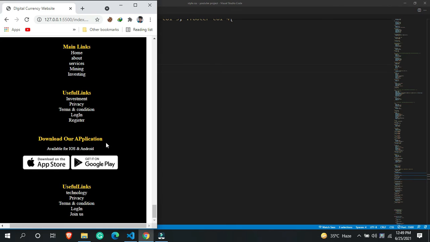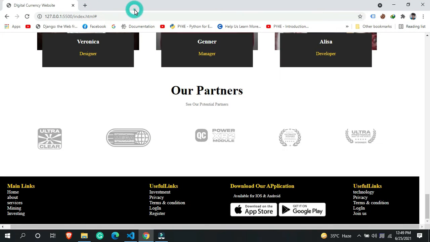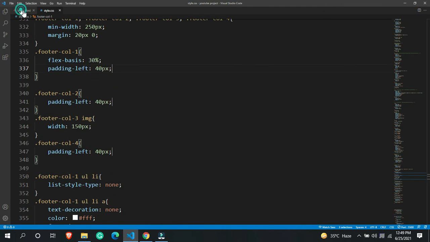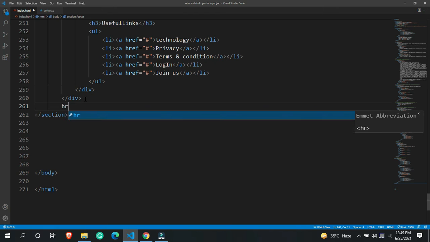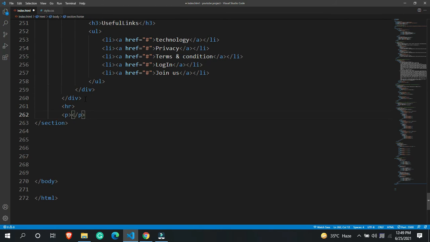Before going anywhere, let's add another thing over here. Basically, I want a horizontal line over here. Inside that div, I wanted to add a horizontal line, and I wanted to add a copyright over here. So let's say class